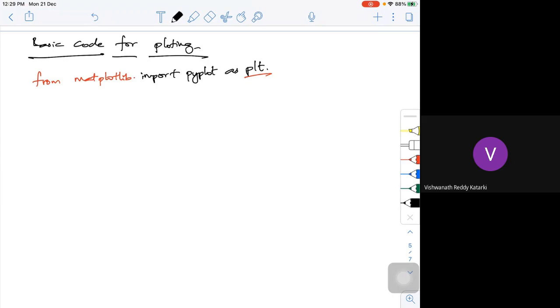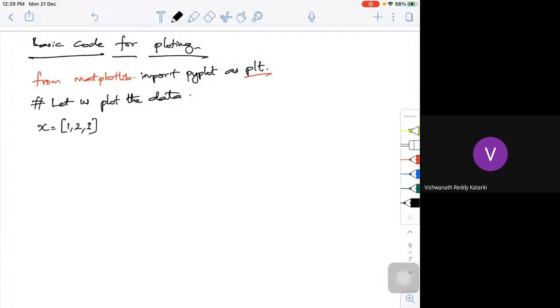So now let us try to plot the data. If I want to plot it, I need some data. Let me define those data. It can be x or y. If I define x, let me define this as a list: 1, 2, 3.